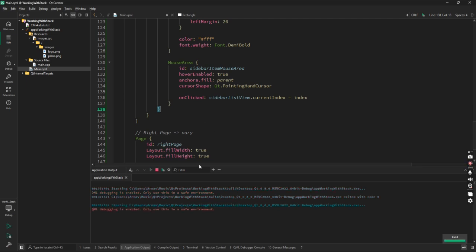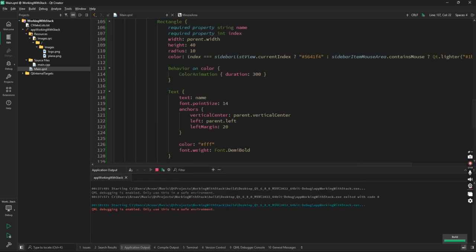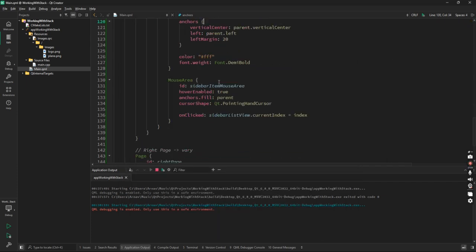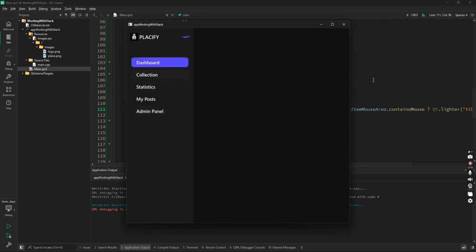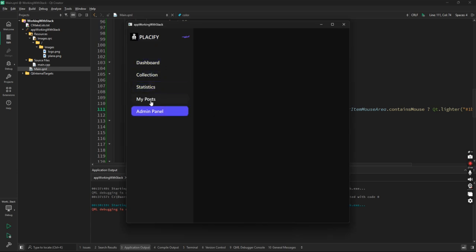You will get me, right? It's very simple. If you see, we are just changing the index. So for example, let's say this is 0, this is 1, this is 2, this is 3, this is 4. When you click here, current index is now 2. When you click here, you are setting current index to 4. So the fourth item, this property will become true, right? The index will be 4 and this will also be 4. So the fourth item will be blue, the other will be gray in color, right? I hope you got my point. So only the current index will be blue in color, the other will be hover color and all this stuff. This is one way. Now